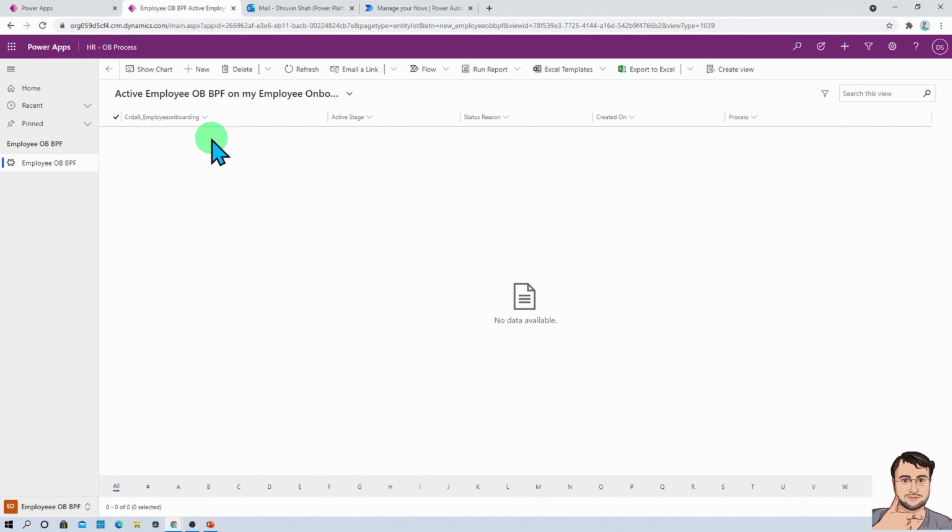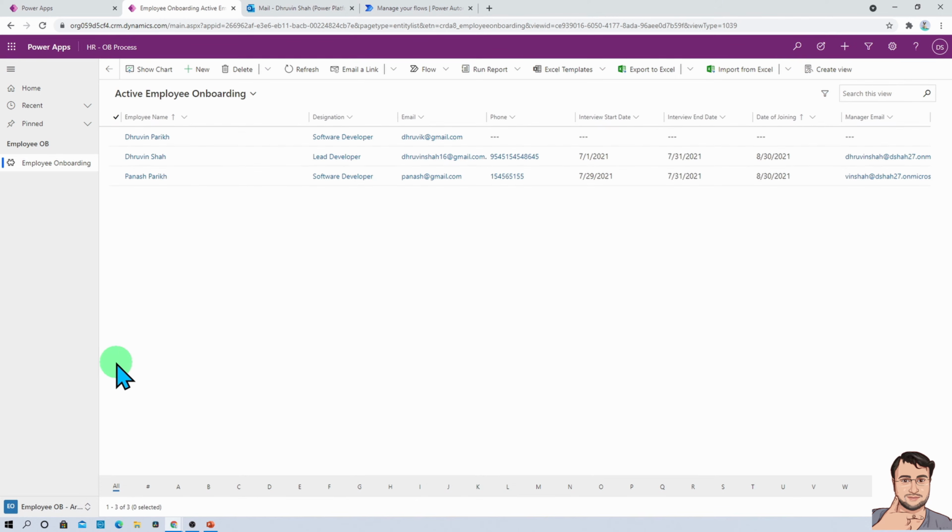So let's say for an example, when HR clicks on next stage, at that time that stage is maintained here. So we will use that process stage concept in order to send the appropriate email notification to our end user. So let's get started.